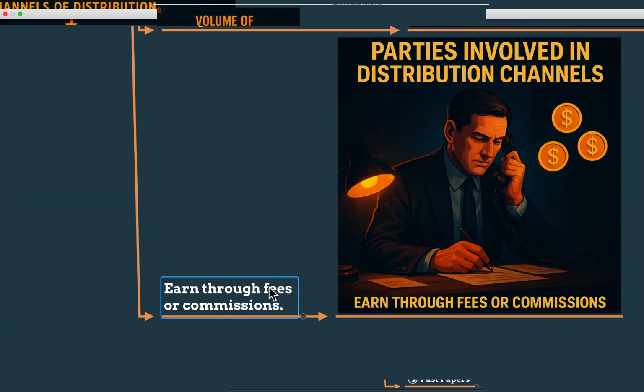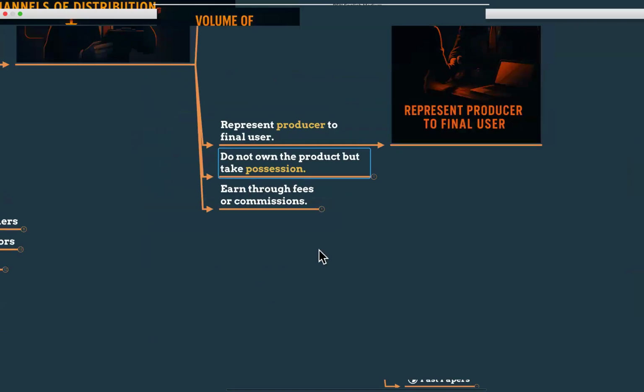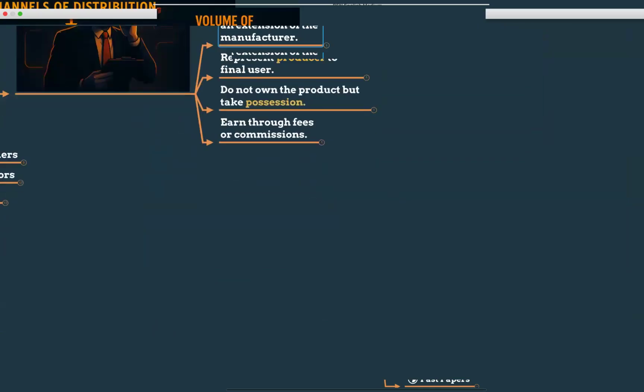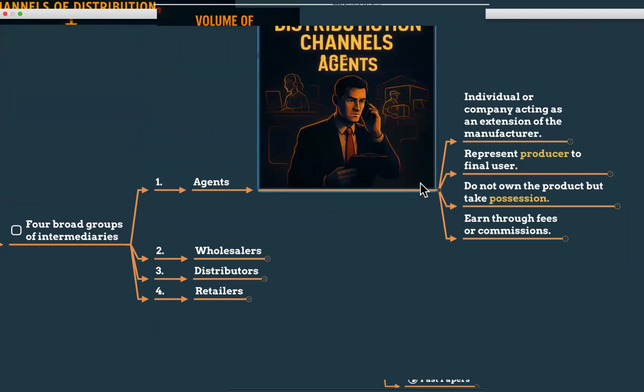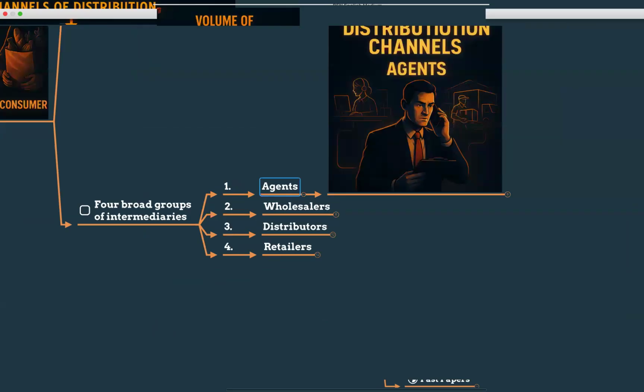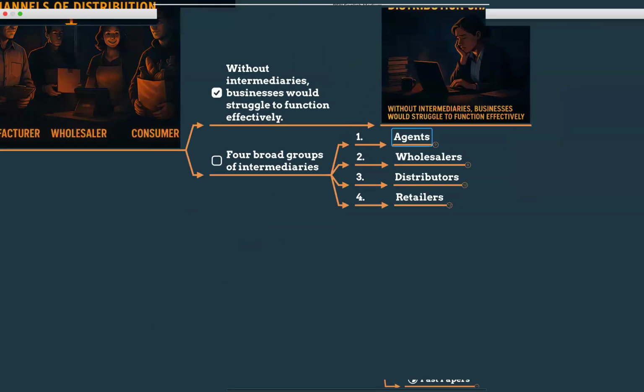So when, for example, a person called Sharif wants to sell his house, and there's a person called Jamal who shows it to buyers and negotiates the price, but never owns the house, right? Because he's a broker, an estate agent, but he gets 2% commission when it sells. If they sell for 1 crore, he will get 2% commission. No sales, no income. So it's commission-based income for the agent. They are not the owner, they just possess the goods, right? Agents.